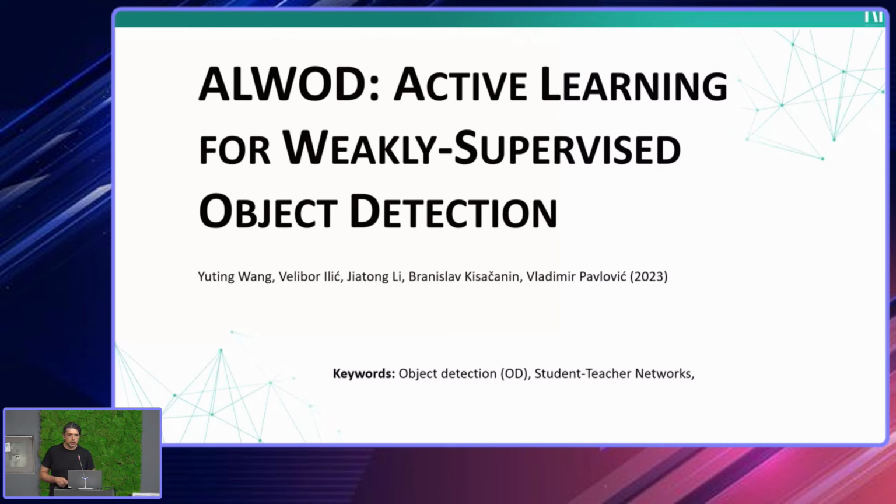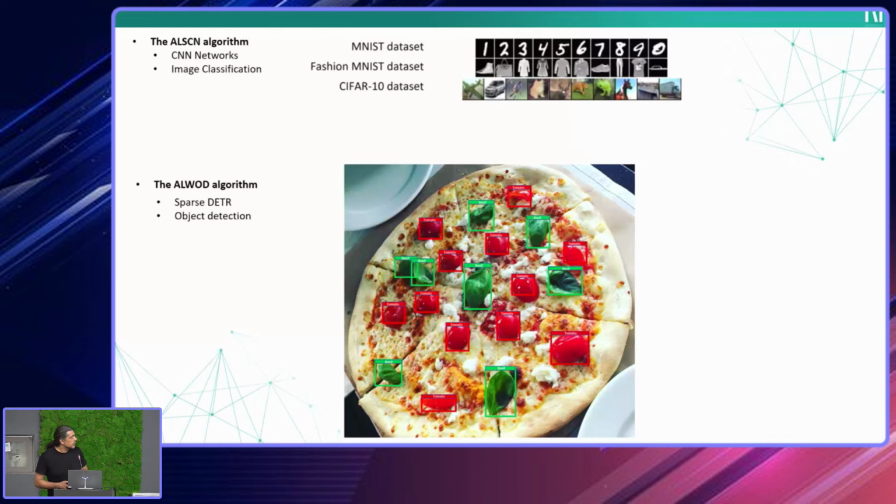And then I will present a new paper that I published at ICCV in Paris. That's a collaboration with Vladimir Pavlovich from Rutgers University and Yu Ting. She was his PhD student, and we joined our research. They are working on weakly supervised labeling, and I suggested that we could apply active learning to their approach, and the result is this paper here. And the first difference,